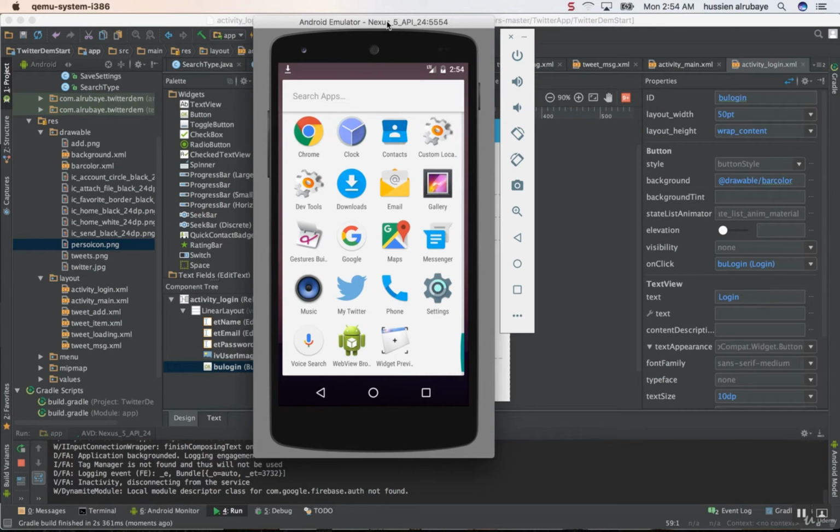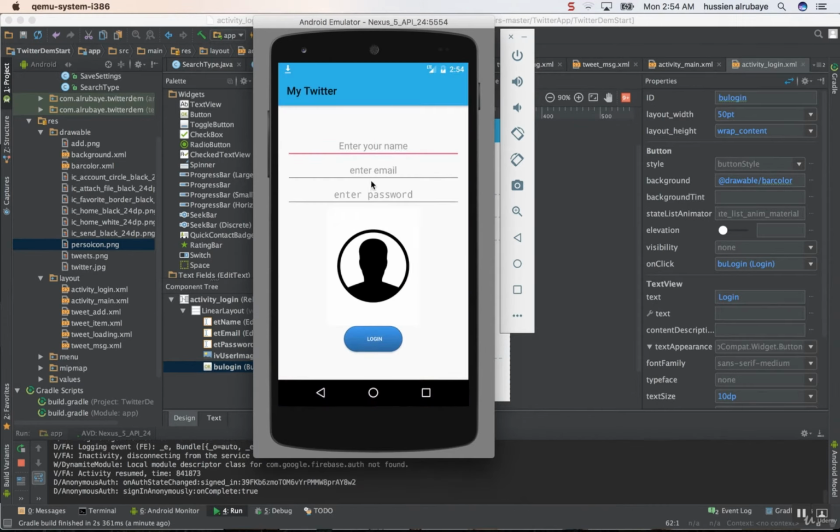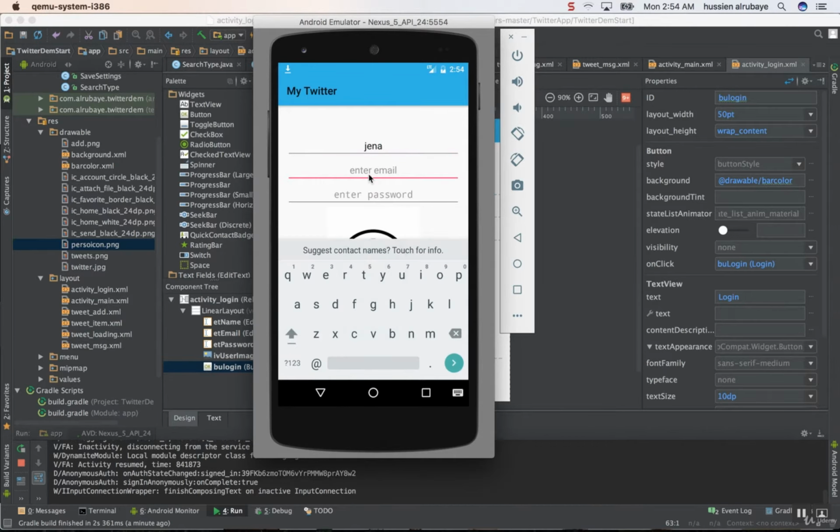And welcome. In this section, we will implement a complete social media app for sharing photos and status and subscribing to people. The app will be like this. The app is called My Tweets. When you click, any person will log in, like enter his name and email and password this way,